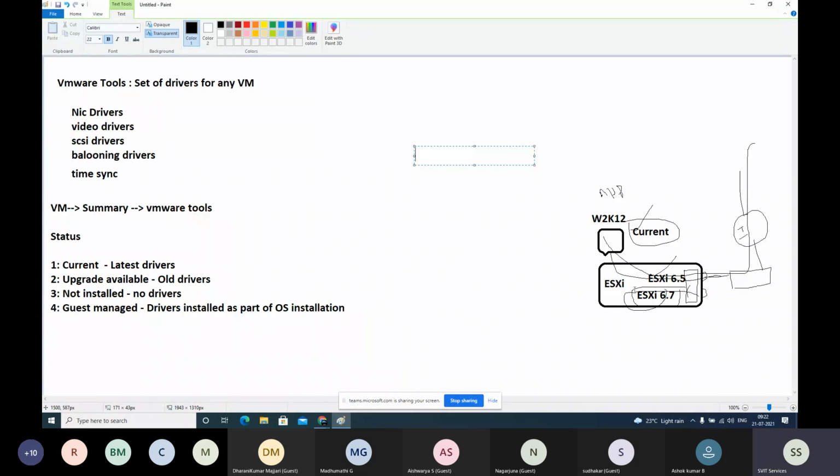Windows, still Microsoft is not developing VMware tools, because they have their competitor product Hyper-V. They want their product to be run on their own virtualization platform. But fine, in that case VMware is developing drivers for Microsoft Windows. You don't need to worry about the drivers. VMware is still developing drivers for Windows operating system. So that will be part of this OS only.